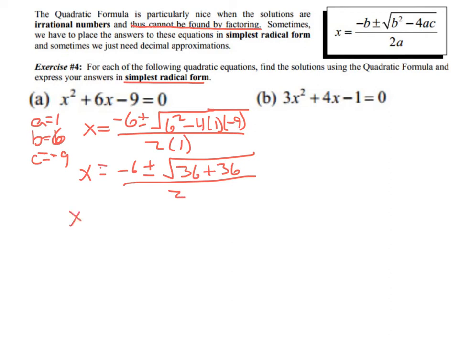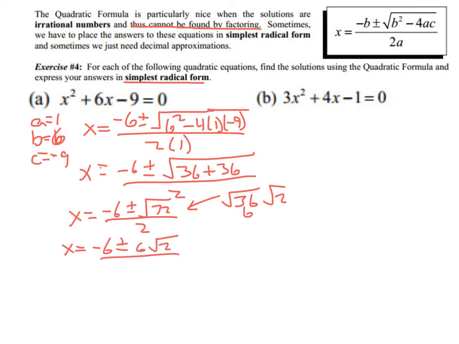So x is equal to negative 6 plus or minus the square root of 72, divided by 2. Now, once again, let's talk about that square root of 72 piece. You just had two 36s, right? If I break this thing down, it's the square root of 36 times 2, isn't it? So that's 6 radical 2